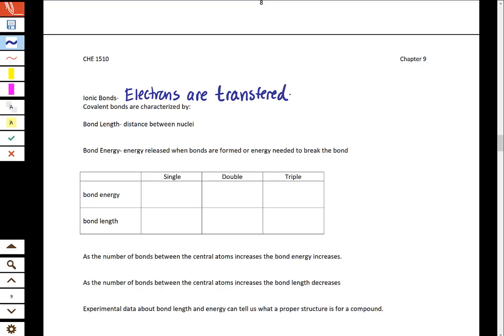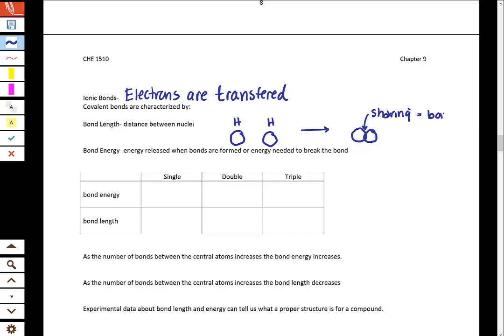Whereas in covalent bonds, we're seeing the electrons be shared. In covalent bonds, because the electrons are shared, what's happening is we have orbitals that are overlapping. So let's pretend we're looking at the hydrogen-hydrogen bond. Each hydrogen has a 1s orbital, and here I have a 1s orbital. When these two 1s orbitals overlap, that sharing